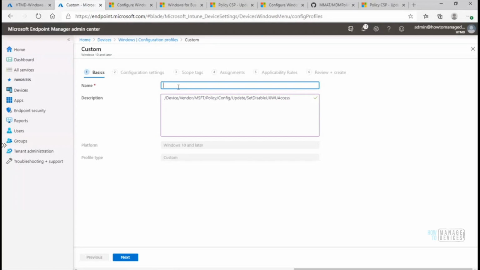I'm going to say this: disable UX option for Windows update. Be clear when you create policies, and it will be helpful for other admins in the name also. So probably what you can do is, while creating the policy, it is better to have